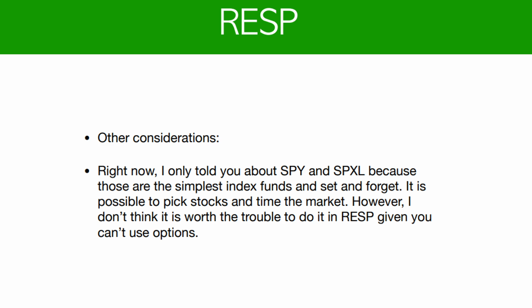And if you want your kid to go to UBC and you want to be extra safe to make sure that he can get there for sure with the tuition fully covered, just double the investment. Instead of 6K, just put 12K in, and then you should have more than enough money for your kid to go to UBC. So the last consideration here is that right now I only told you about SPY and SPXL as the simplest example. And of course, there are a lot of other index funds. You just need to pick a couple of good ones and stick with them. Then you are pretty much good.